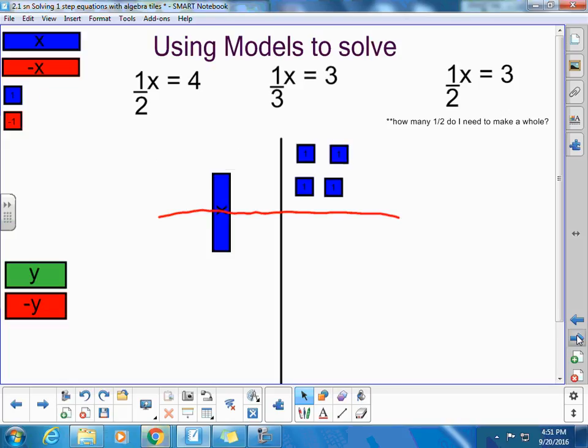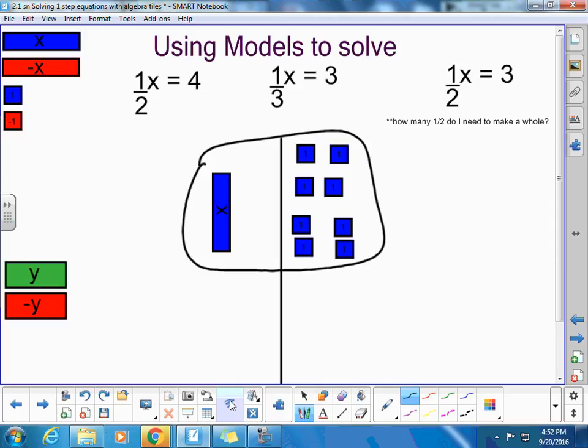If that half is 4, the other half has to also be 4: 1, 2, 3, 4. So if half the x is 4, the other half is also 4 because they're even halves. So now we are left with actually not half of an x equals 4, but 1x